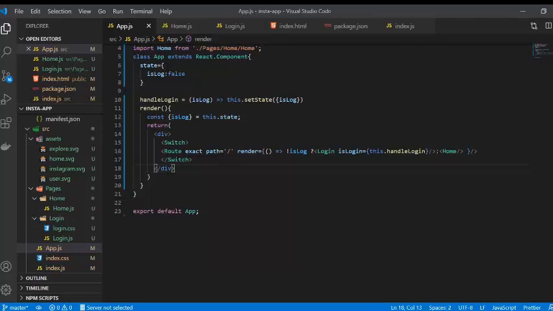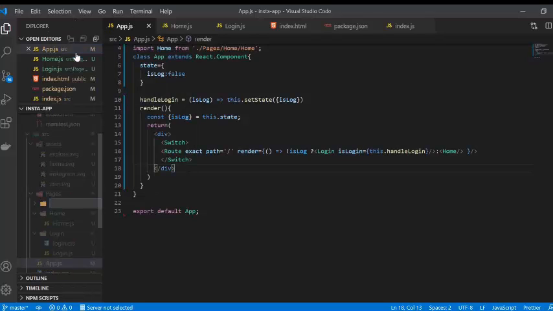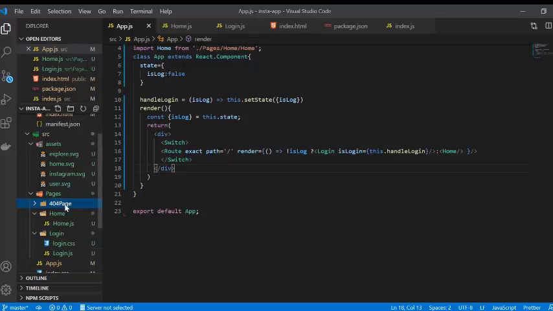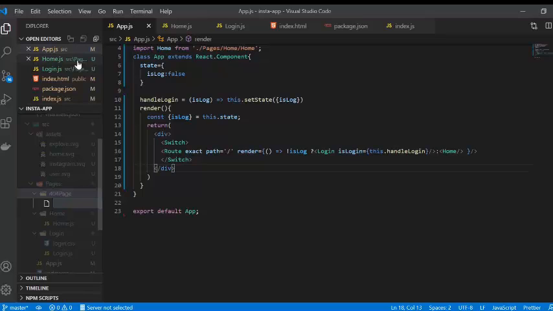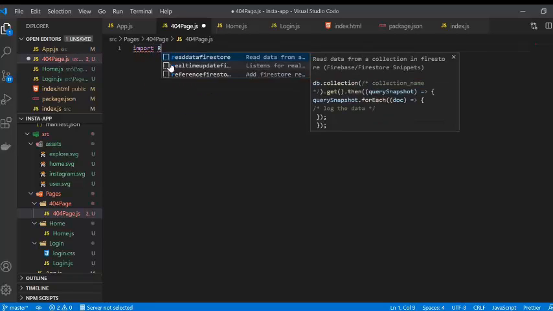Now what we need is a 404 page, such that whenever we type in any different or incorrect name that is not given in our code, it will redirect to the 404 page. So for this I'm going to create a folder called 404 page. In here I'm going to create a new file called 404 page.js, and in here I'm just going to write import